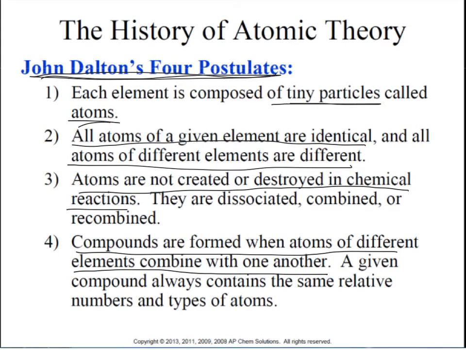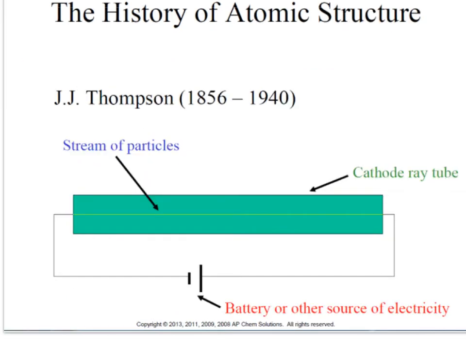Now at this point, that means that atoms are solid balls of mass, right? And individual elements are different. Each ball is different for each individual element. Well, we know that's not true. So how did we come to that idea that atoms have positive and negative charges?